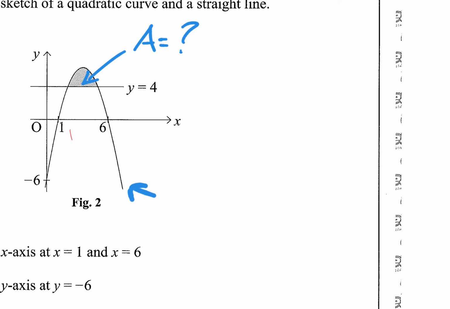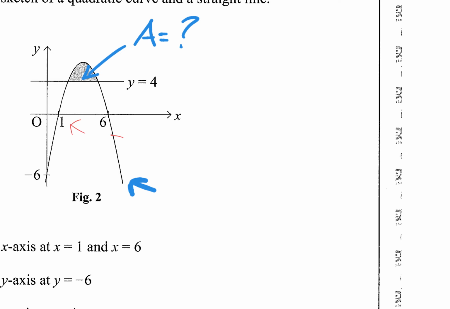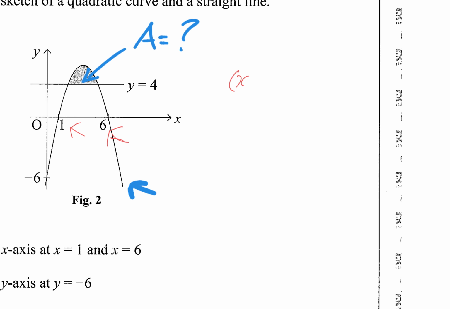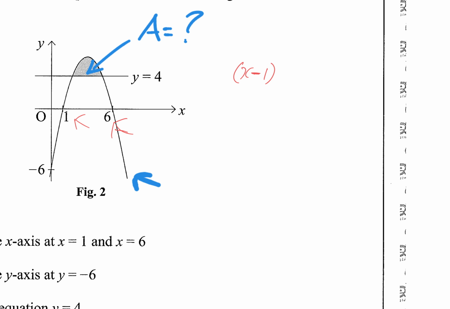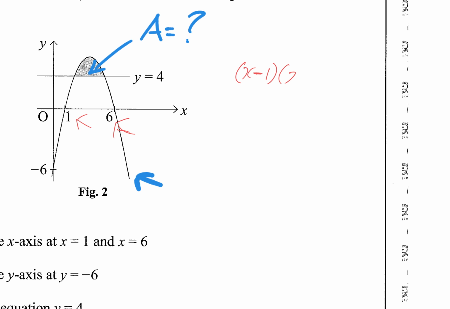Okay, if you look at this, x equals 1 and x equals 6 are roots of the equation. That means one of the factors is going to be x minus 1, and another one of the factors is going to be x minus 6. So that means the equation of your curve is going to be equal to this. And if you did that out,